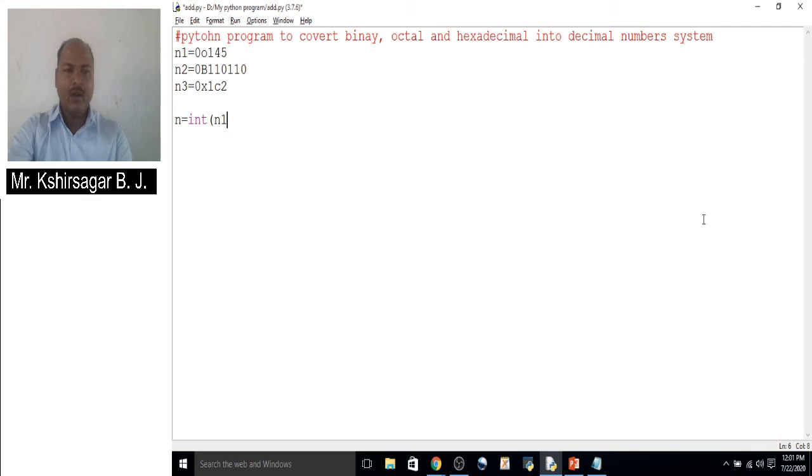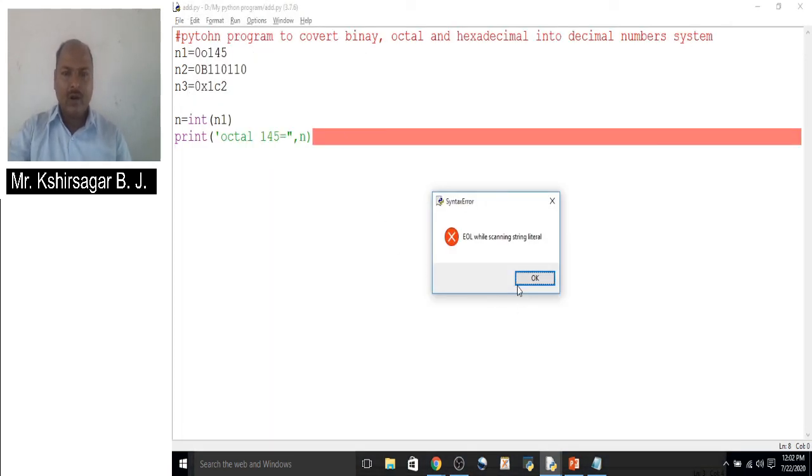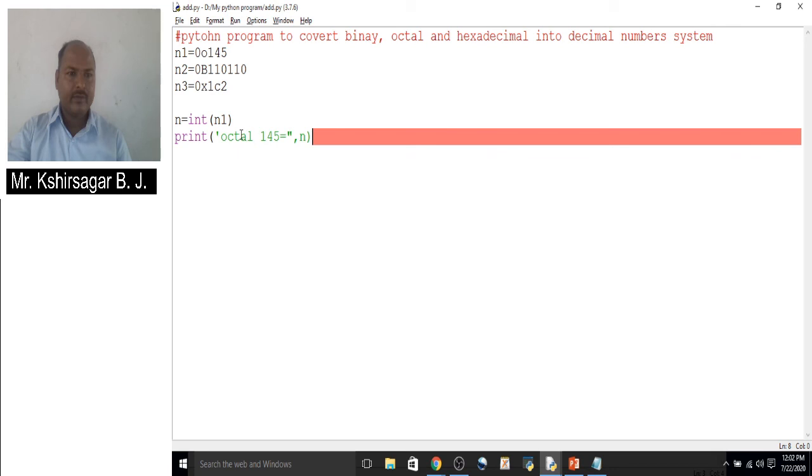So convert n1 into int, it becomes an integer. We can display it with print, suppose octal 145 is taken here. Now print octal 145 equal to n. So we have converted octal to decimal here.